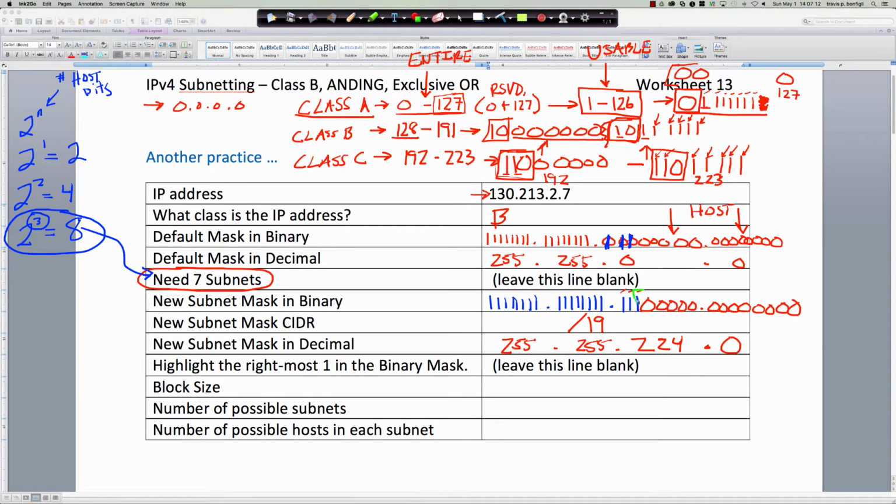So we're going to highlight the rightmost 1 bit in the binary mask, and let's highlight that in green. So here is the rightmost bit, and this is what we call the golden ticket in terms of subnetting with Class B. And it's the golden ticket because we know that the value of that bit position is 32. And that becomes the block size. And with a block size that's known, at this point it becomes very, very simple to figure out what our subnets are going to be for this